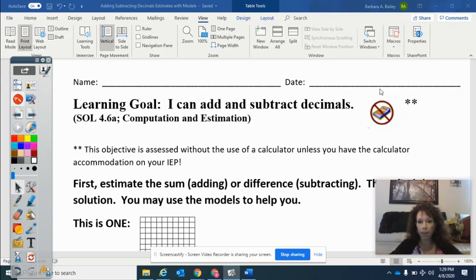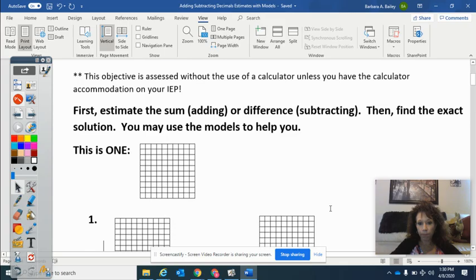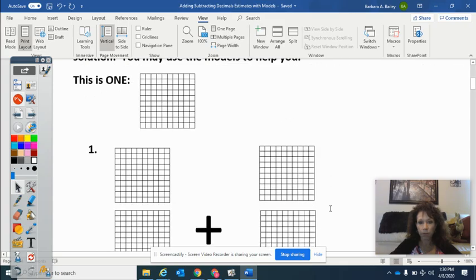Okay. And the little picture here, the calculator with the line through it, means we should not be using a calculator unless you have that accommodation, which for our class is Noah and Cameron. However, I would like for you to try it without the calculator, okay, and do it. I'm going to help you through that so you can do it with me. Okay, so for this lesson,